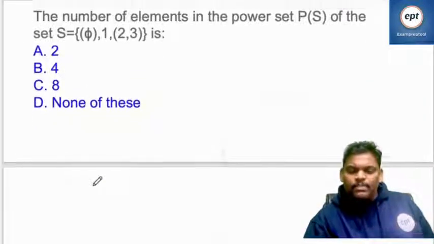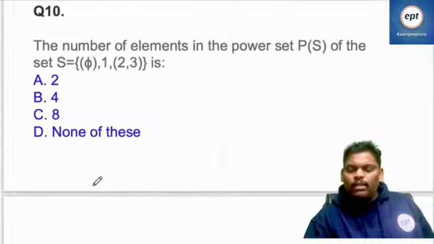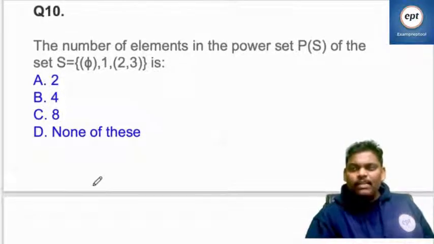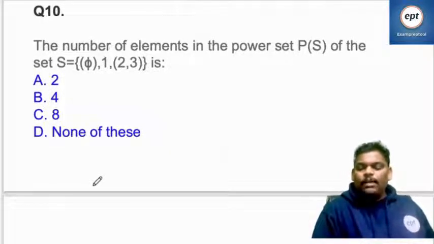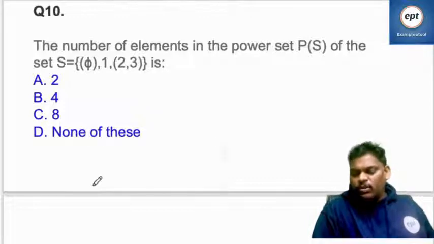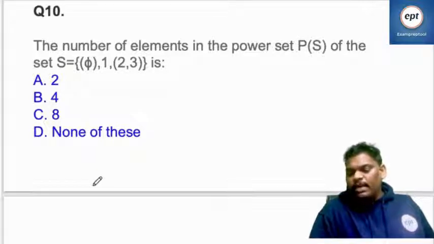I think this is a very simple problem. Can you go through it? In one of the previous papers, this was given, that is the reason I wrote it. The number of elements in the power set P(S) of the set S is equal to,